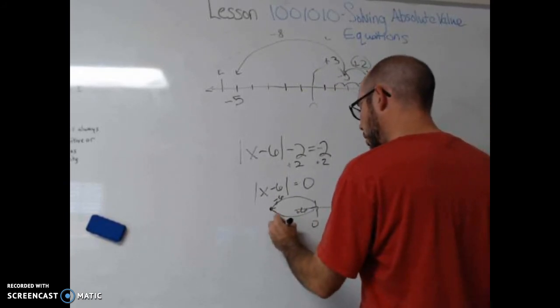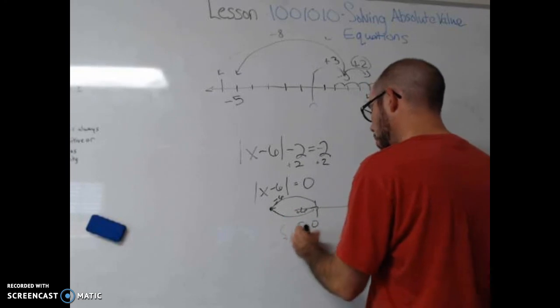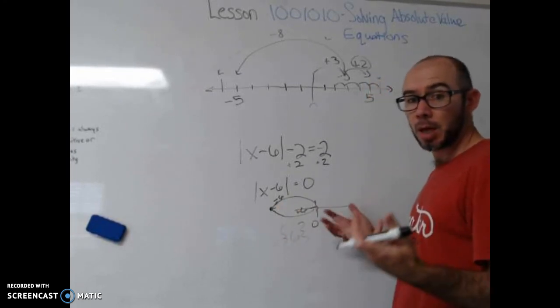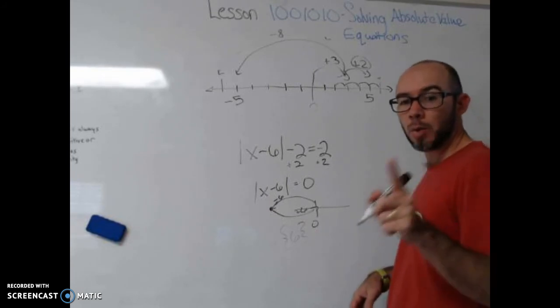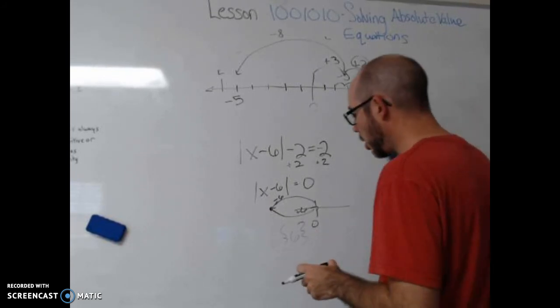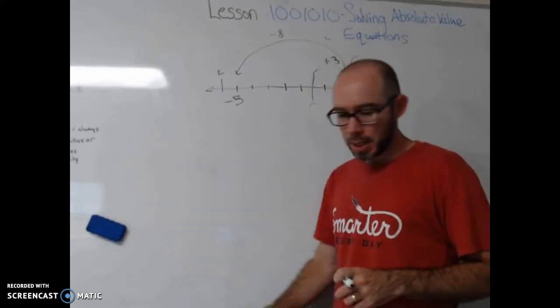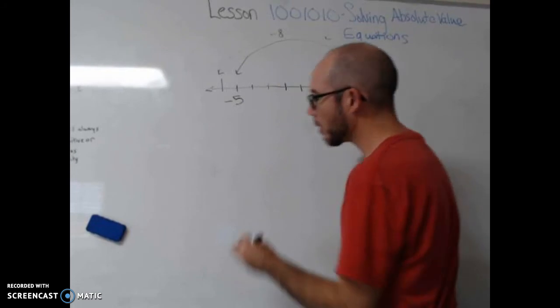I have to go 6. I don't have anything over here. I only could jump 6 back to the origin. Okay, so that's a case where there's only one answer. That's a special case. And another special case is